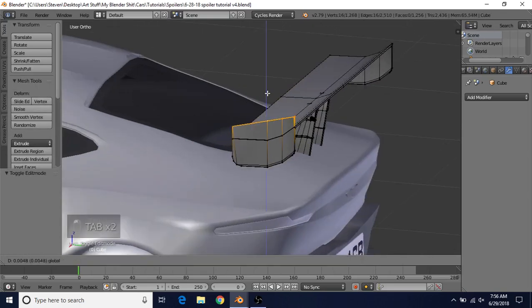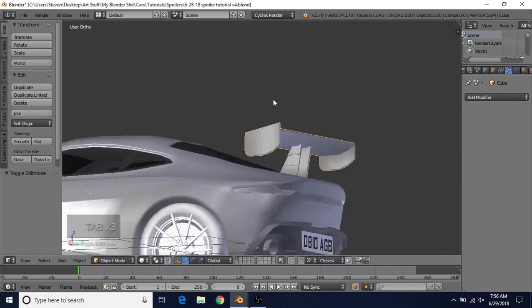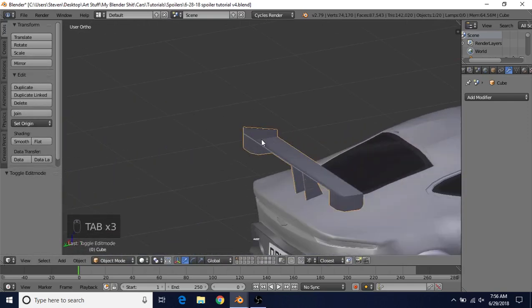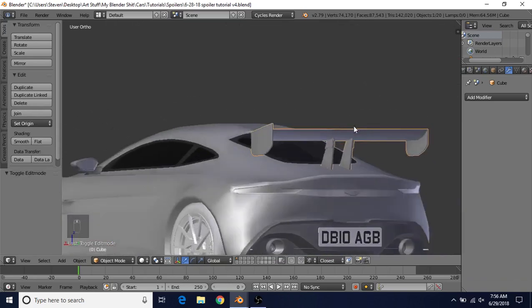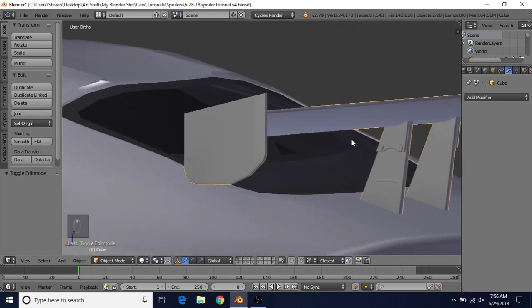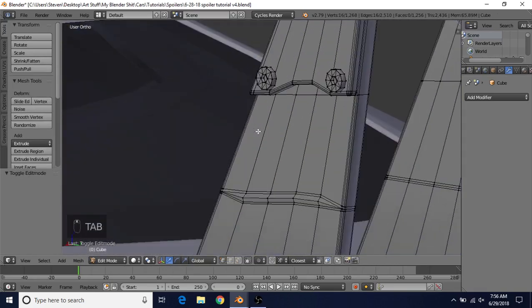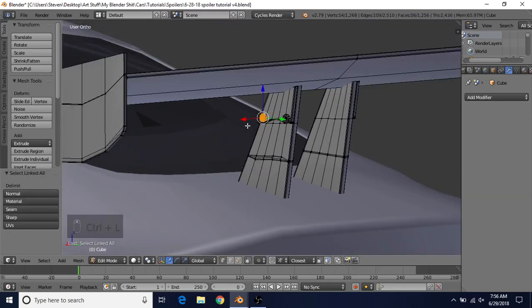Then you can still adjust this up and down if you want to until you're happy. Just give it a little bit of extra height on that side. And that's pretty much it. The only other thing is they have these bolts over here too. So if you want to, just select one of these, do Control L, select the vertex here, do Control L,